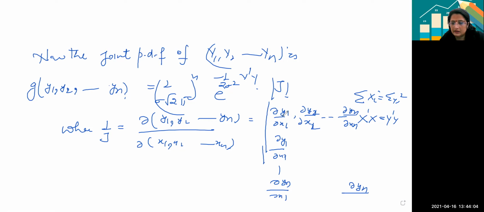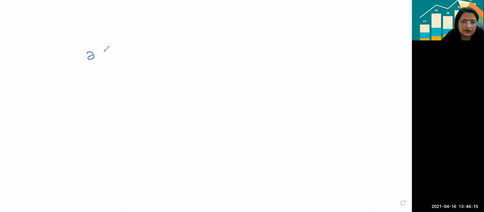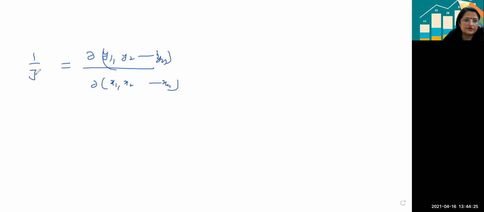Then this is curly x1, curly x1, curly x1. So the determinant that will be formed completely, I'm writing on the next page. So curly y1 y2, so on up to yn upon curly x1 x2, so on up to xn is equal to 1 by J. We are finding